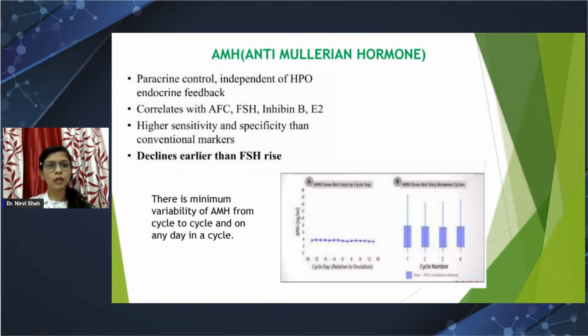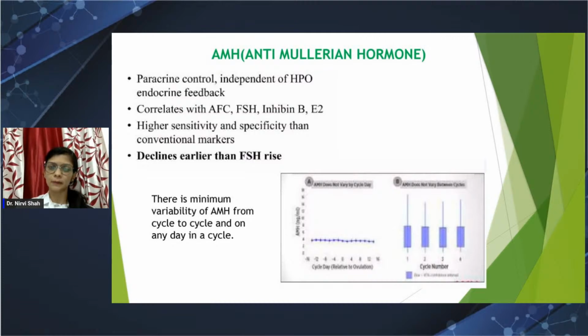AMH, the anti-Mullerian hormone, is independent of the HPO endocrine feedback. It correlates with AFC, FSH very well. Okay, it declines earlier than the FSH rise. It has a very high sensitivity and specificity. More importantly, there is minimum variability of AMH from cycle to cycle and on any day of the cycle. So it can be done on any day of the cycle, need not be done on the first 4 days